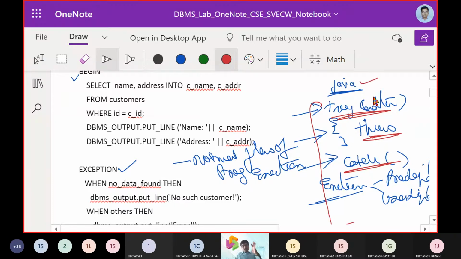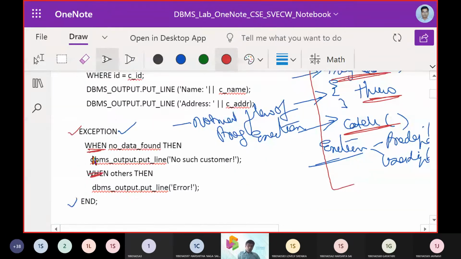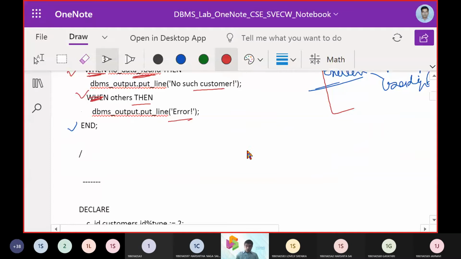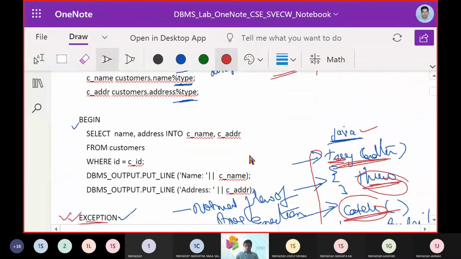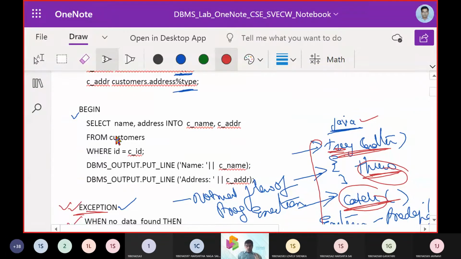The same is more or less equivalent in SQL. We are going to get this exception, and then we are going to have the cases, and these cases we are going to write with the when command. So as we have a catch, as we have a throw, here we are going to have when. That was the change we should understand. Instead of try, we are going to use an exception here. So when no data was found, you say no customer is there. When there is anything other than those customers, you display an error. So in this way, we are going to bring it out. So now what is the thing we are planning?